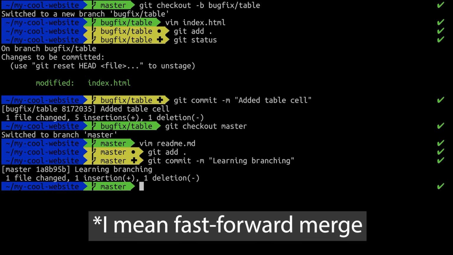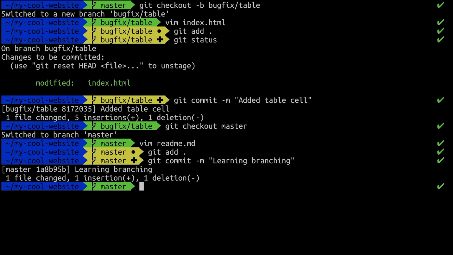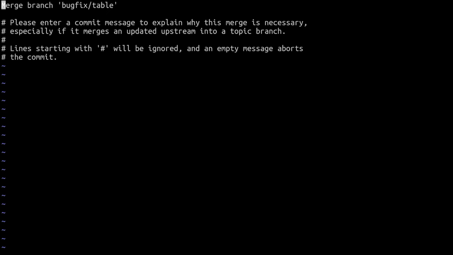So a fast forward branch is no longer possible because we no longer have the same parent. We can still go ahead here and run the command git merge, and we can merge this bug fix. And when you're doing this, you're going to create a commit message. Now, essentially, this commit message is Git reminding you that you're doing a merge, and this merge is not a fast forward merge. This will result in a commit that will, let's say, kind of like merge the changes together